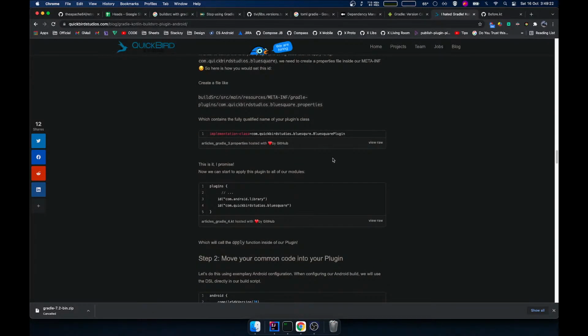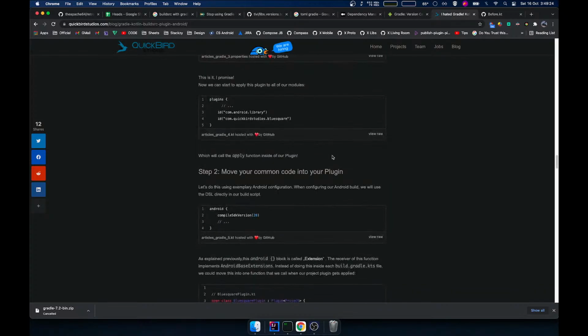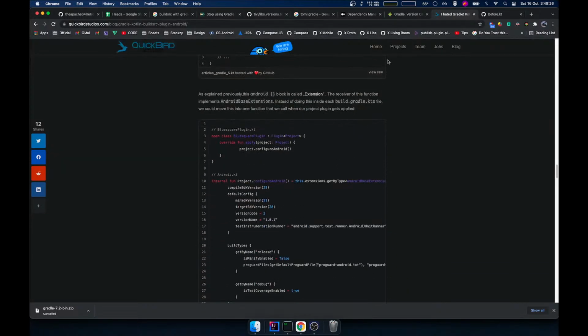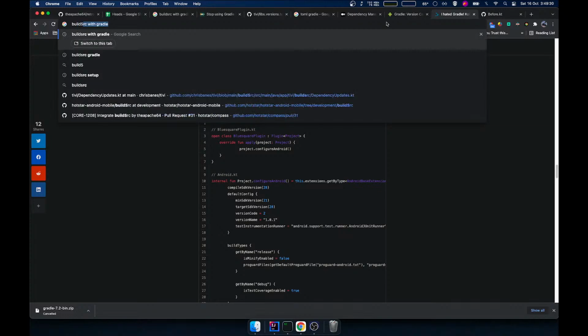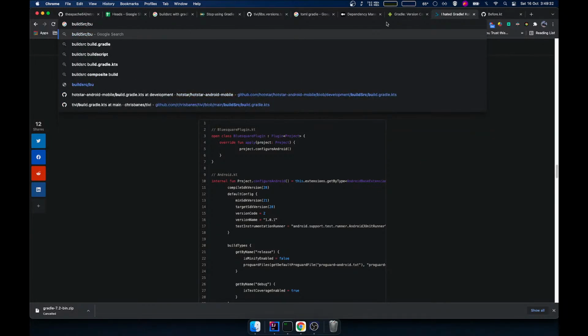I don't know if build source dot build dot